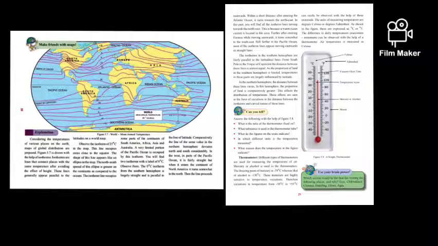In the southern hemisphere, the lines are largely straight, parallel to the line of latitude. Comparatively, in the northern hemisphere, the lines deviate north and south considerably. They are not straight, they are curved. Why? Because there are more continents in the northern hemisphere. In the west, in parts of the Pacific Ocean, it is fairly straight, but when it enters the continent of North America, it turns somewhat to the north.